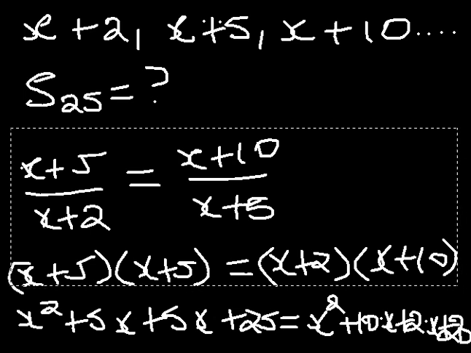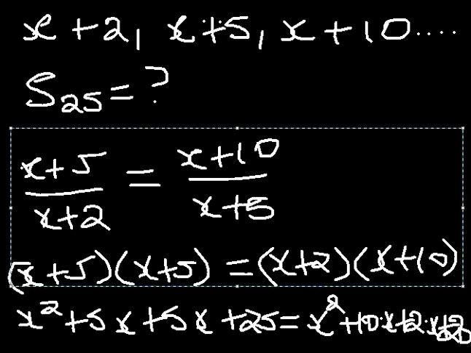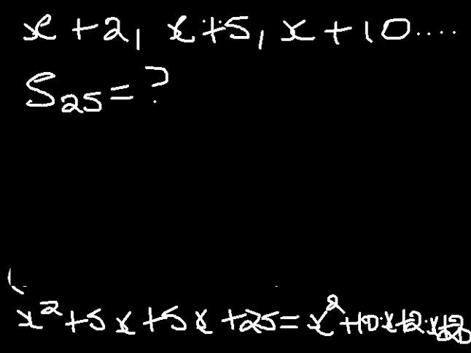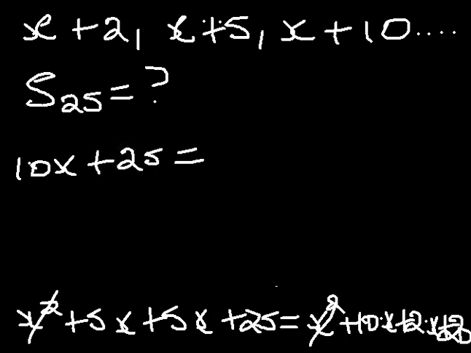Then the further simplifications will follow. You understand that the x squared terms will cancel. Then we'll have the like terms, which will be given as 10x plus 25, which is equal to